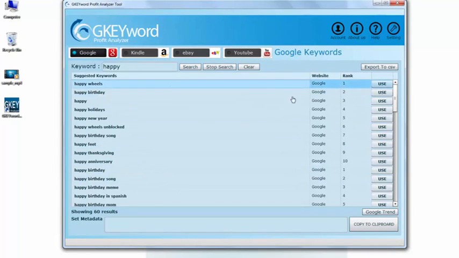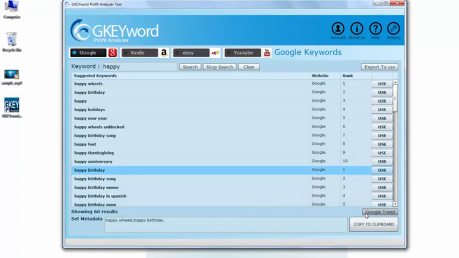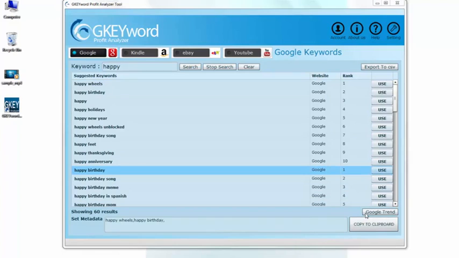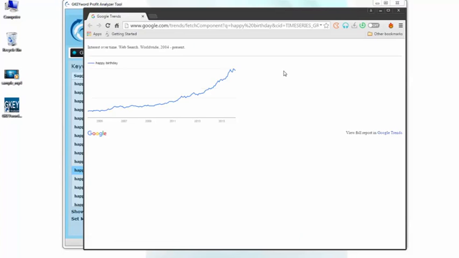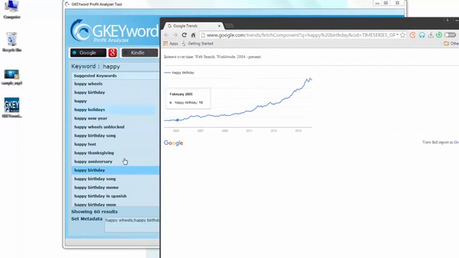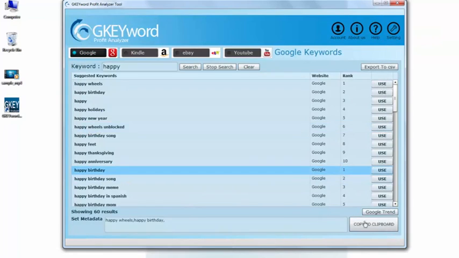I can use any of the keywords that I like and click on the use button, so it will get copied into the text area that we have given. Now we can see each keyword is Google trending, meaning you can see how frequently this keyword is used day by day, that Google tracks. So you can see its graph by its usage. Day by day this keyword is being used more and more.